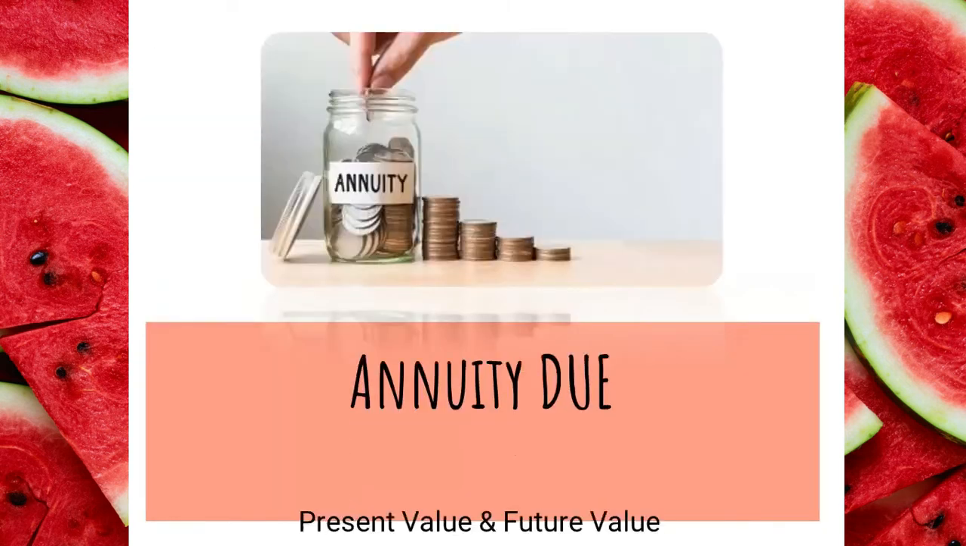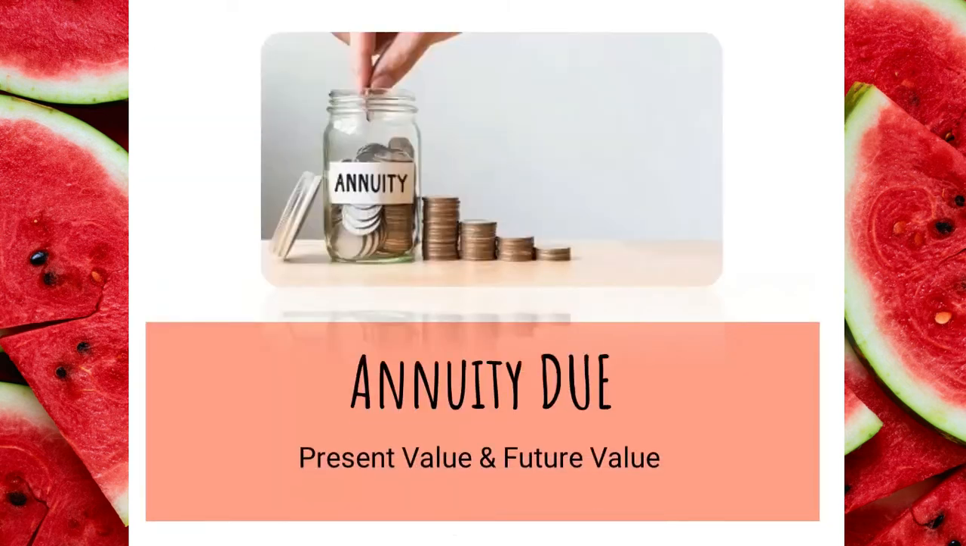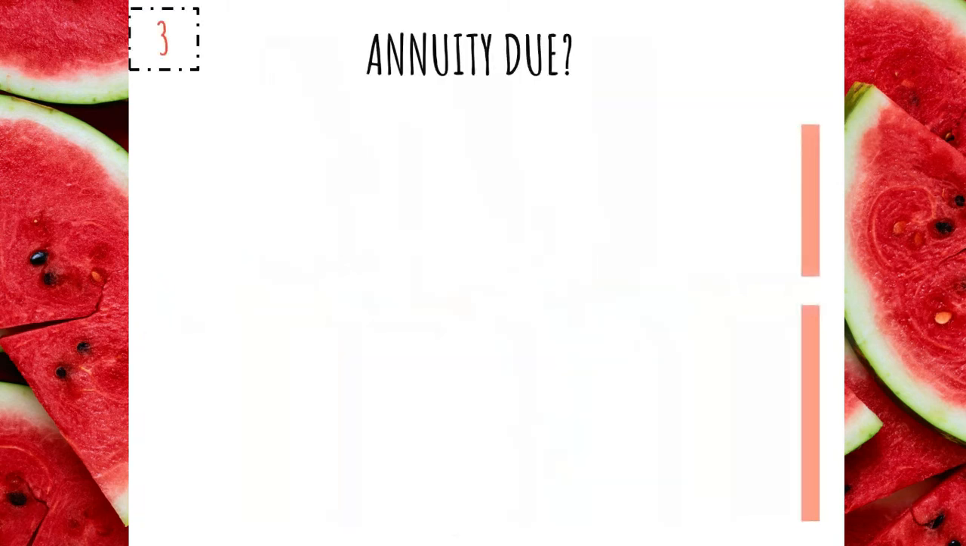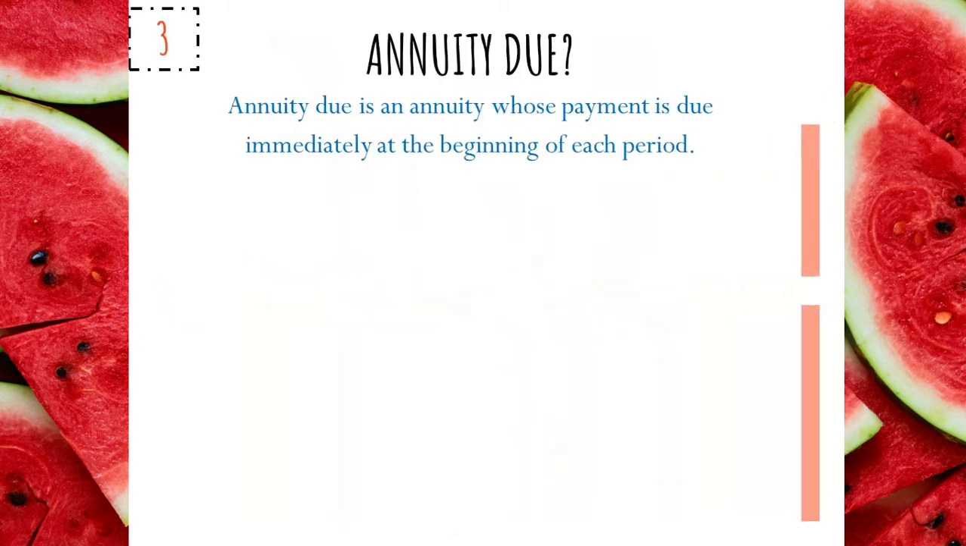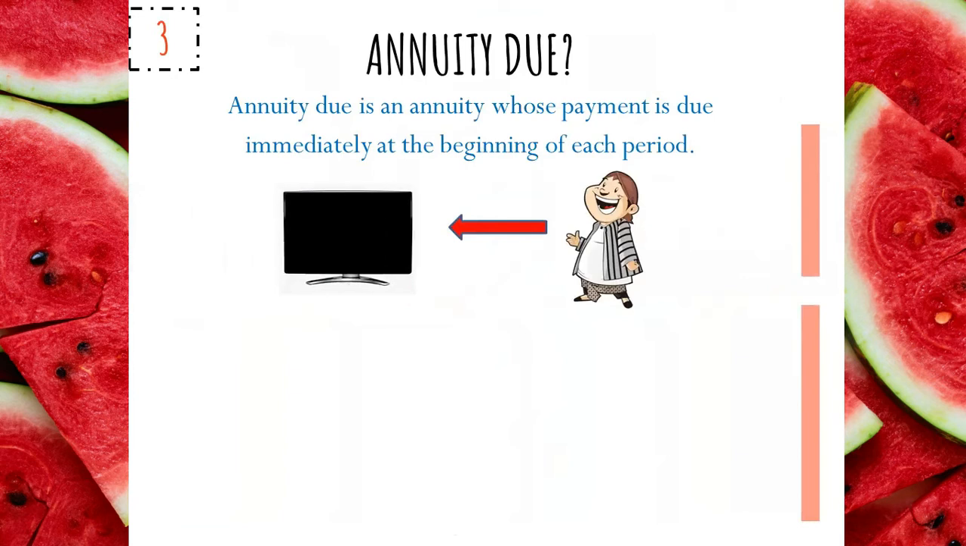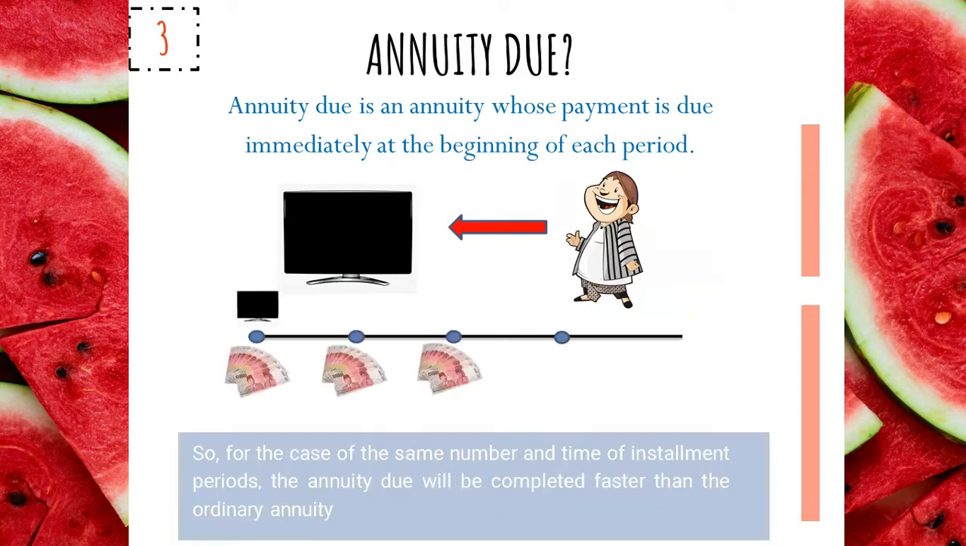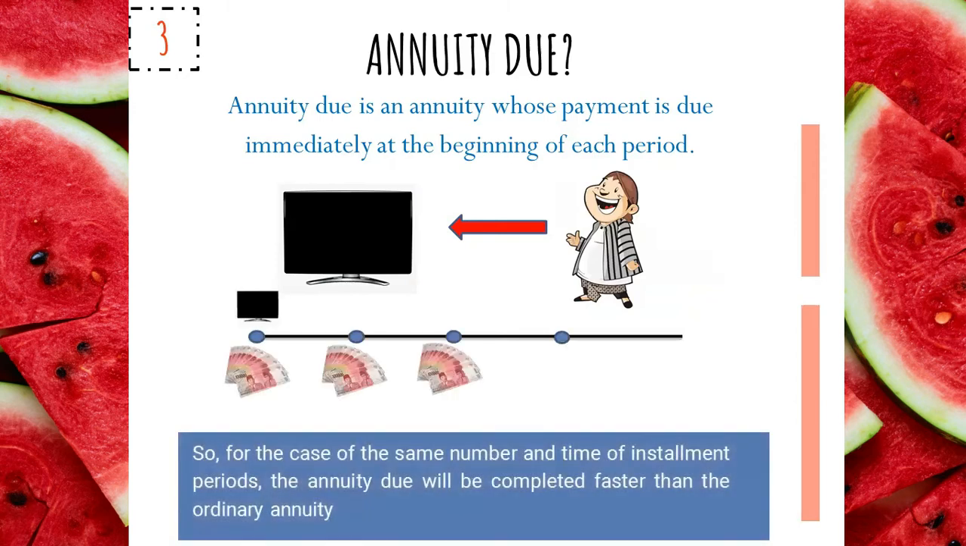And the next is annuity due. Annuity due has a present value and a future value. What is annuity due? Annuity due is an annuity whose payment is due immediately at the beginning of each period. Example, Mrs. Jono wants to buy a television. She makes a payment using the annuity due system. Then she makes a payment when she receives the television, at the beginning of the first period. So for the same number and time of installment periods, the annuity due will be completed faster